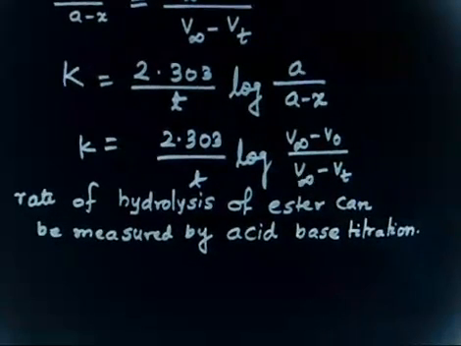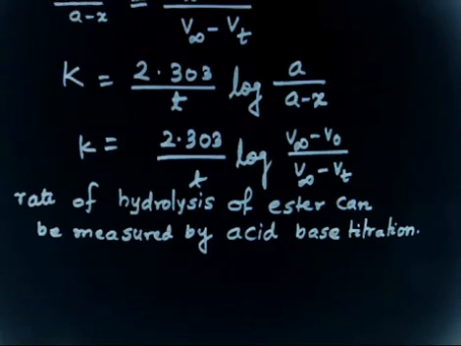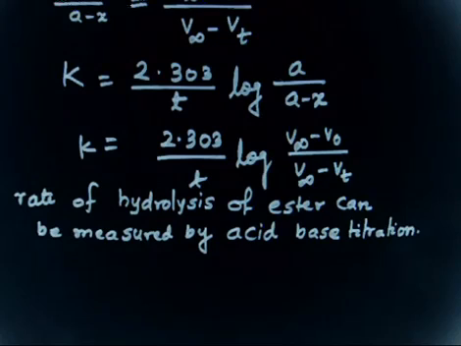So what we have done, we have seen in a reaction there is an acid that is produced. So I can use that acid to titrate with base. But now the reaction is acid catalyzed, so initially I also have some acid. So if I am doing titration at T equals 0, the initial volume of NaOH that is used is directly proportional to the catalyst acid. Are you getting or not?